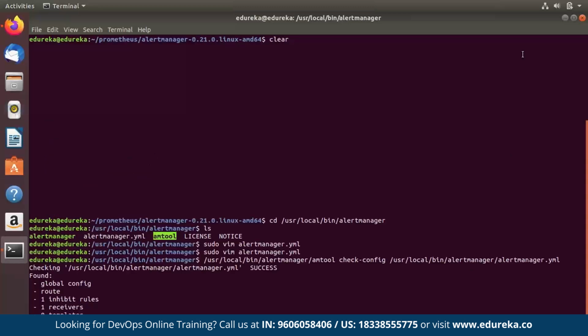And as we have already seen before, there's a tool that is called amtool in the Alert Manager. So amtool is just an executable that allows you to view or to modify the current state of the Alert Manager. So I'm going to execute this command, /usr/local/bin/alertmanager amtool check-config, and then just give the location of my service file. Okay, and once that is done, it's going to check if it's successfully configured. Once that is done, you can just see that there's one receiver on this end.